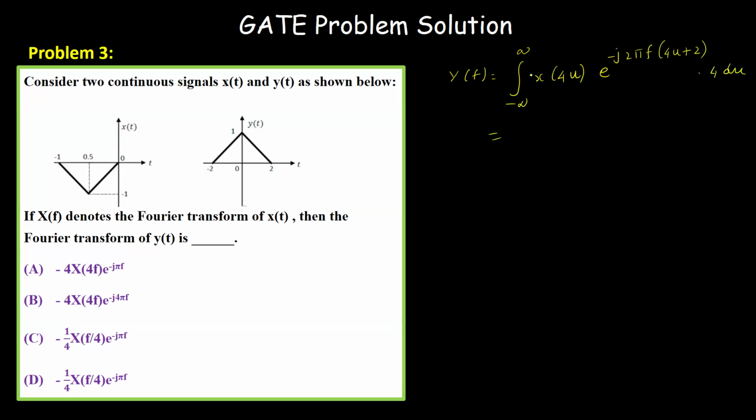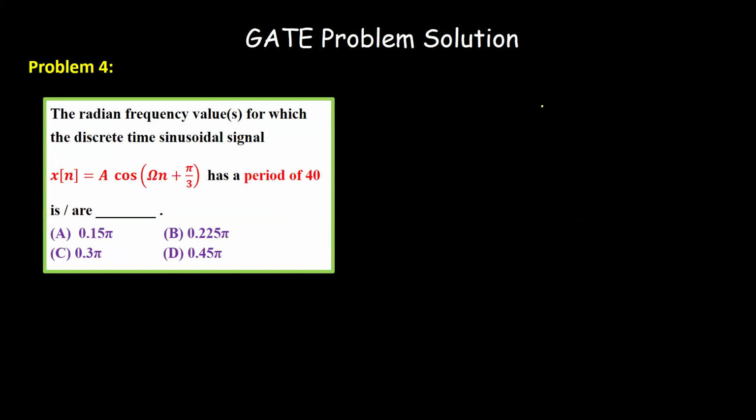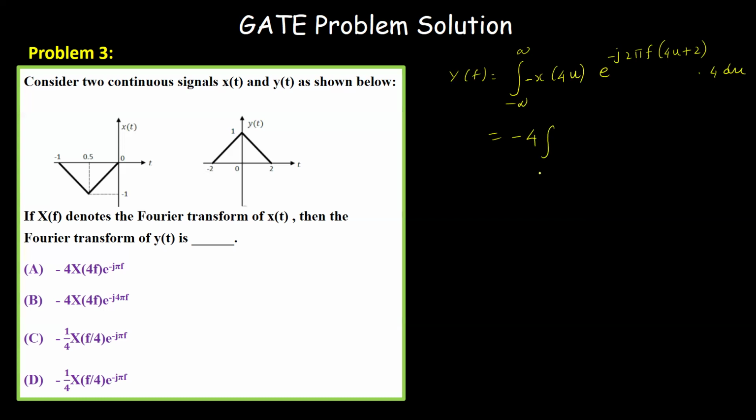Okay. This is minus x, the folded signal now. So I am taking minus 4 outside. So, minus infinity to infinity, x of 4u, e power